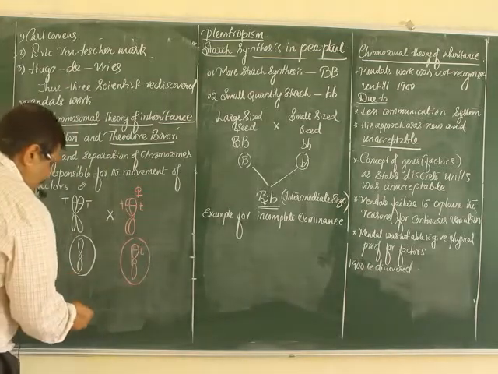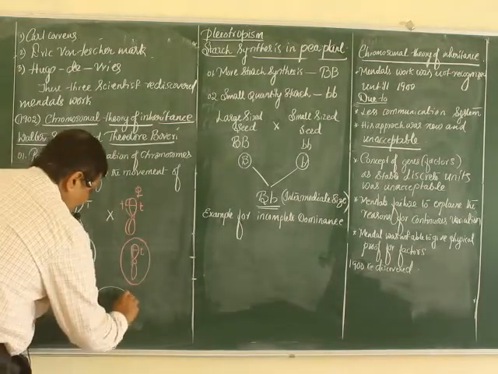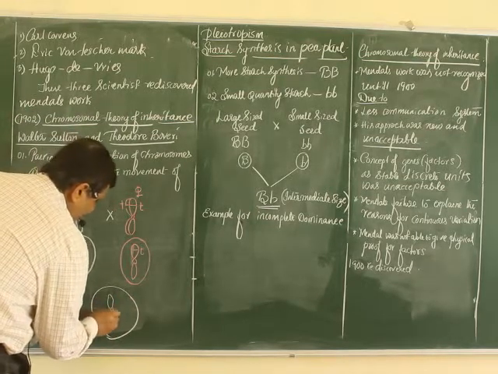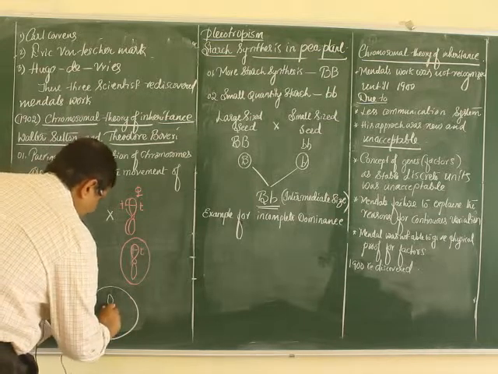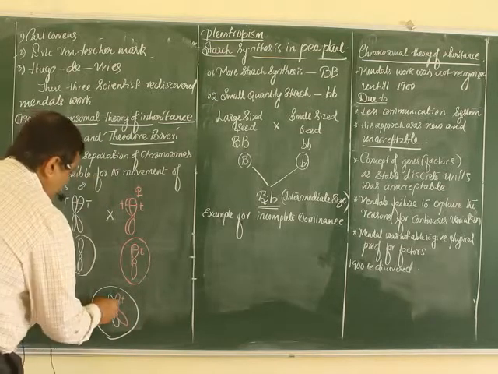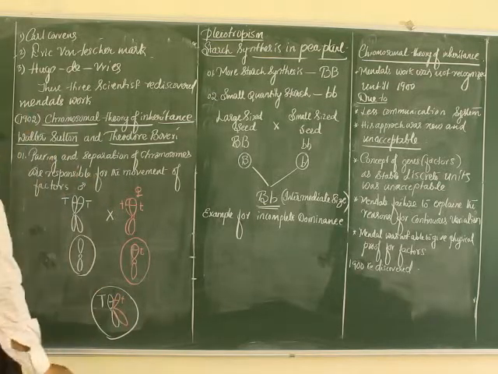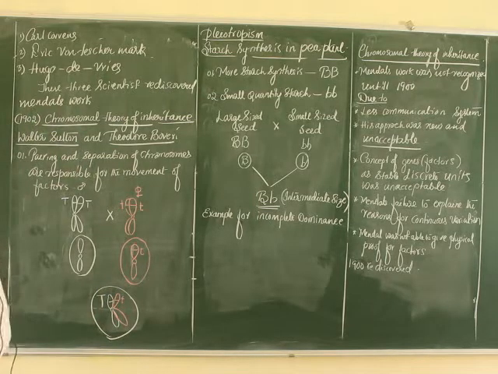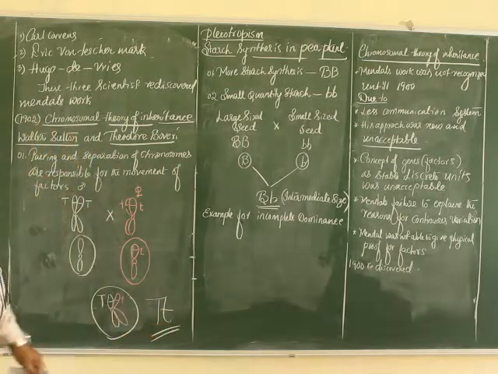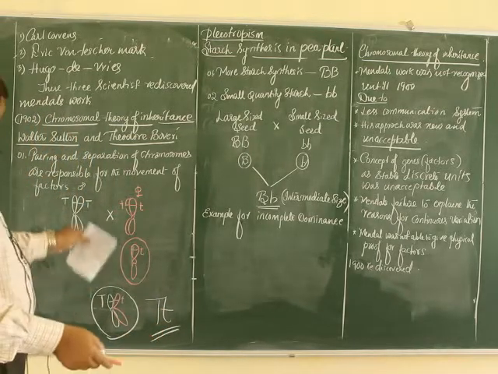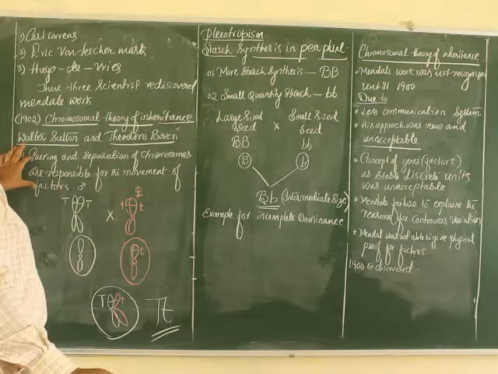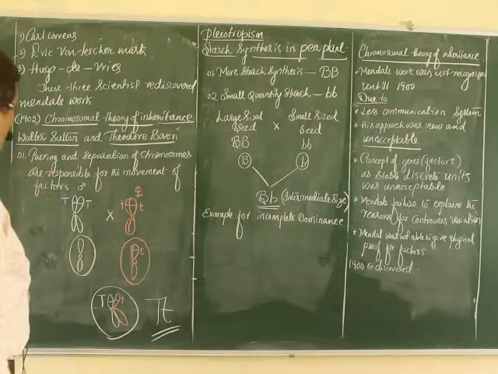So finally, during the time of fusion, the two chromatids, one with small t and the other with capital T, pair with each other to form capital T, small t, a new expression. See here, why I wrote this? I wanted to give the clarification for this first statement of Walter Sutton and Theodore Boveri.